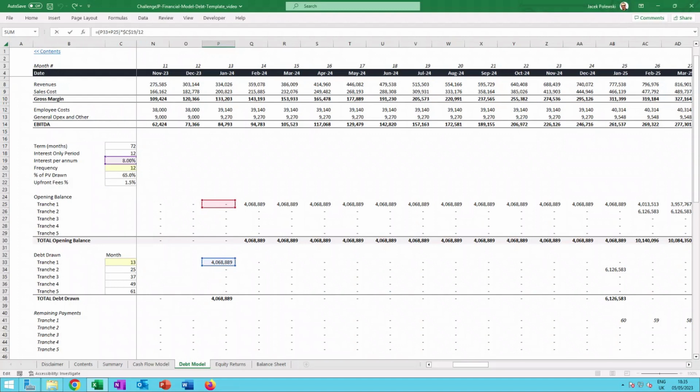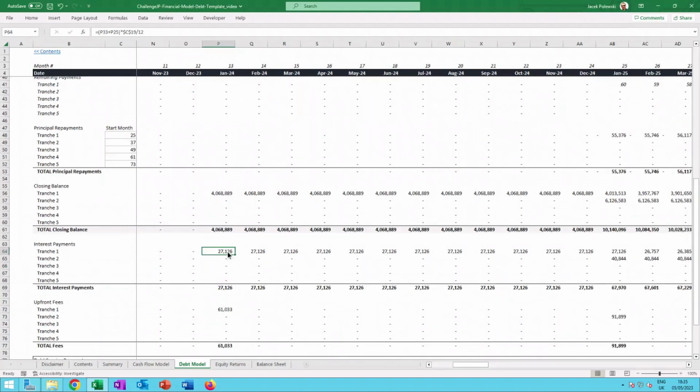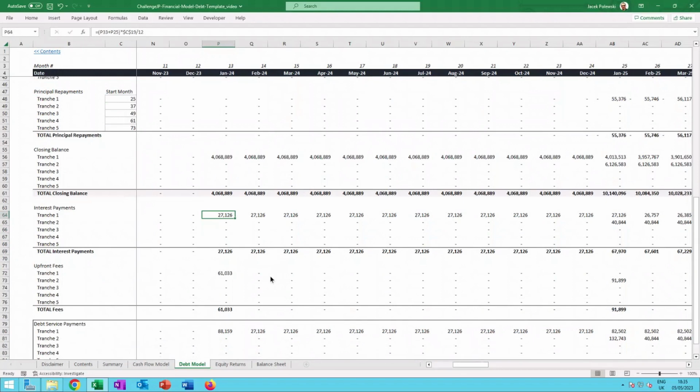The reason for that is that the 8 is the annual interest, and the model is done on a monthly basis. So in order to determine the level of monthly interest, you just divide the annual number by 12, 12 being number of months in a year. Okay, so that's why that happens, and then therefore you have that the interest expense, interest payment calculation,